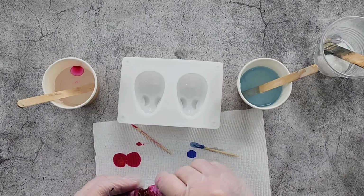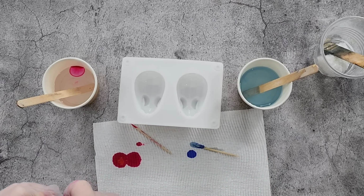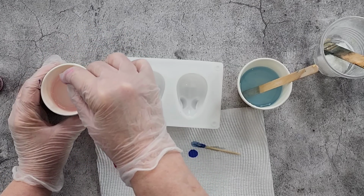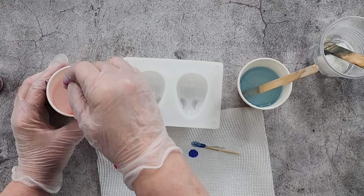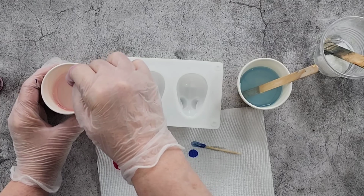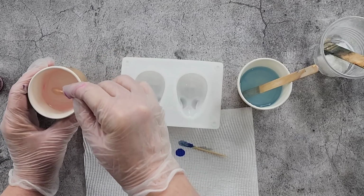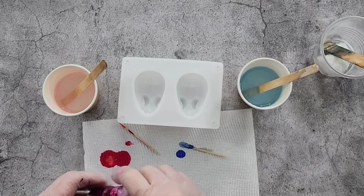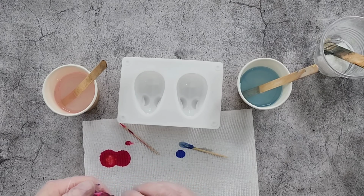A little tiny drop. We'll see how that goes. Yeah, just add it slowly. I don't want it too dark. It's stuck to the side of the cup. Okay, that's nothing. Oh, pink's funny, isn't it? Like, it's really hard to get